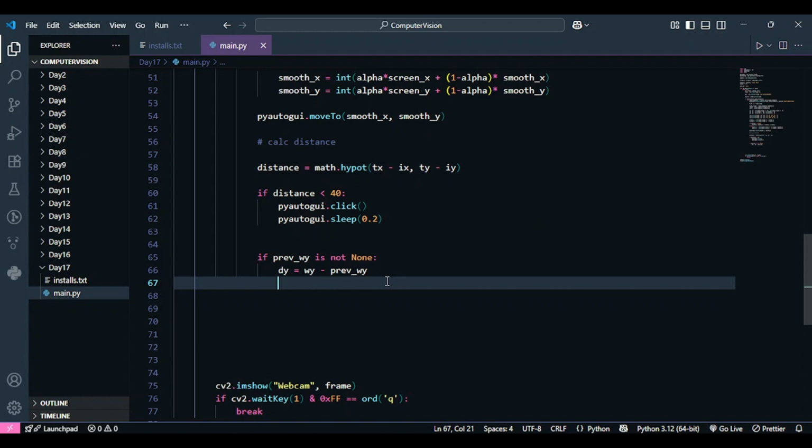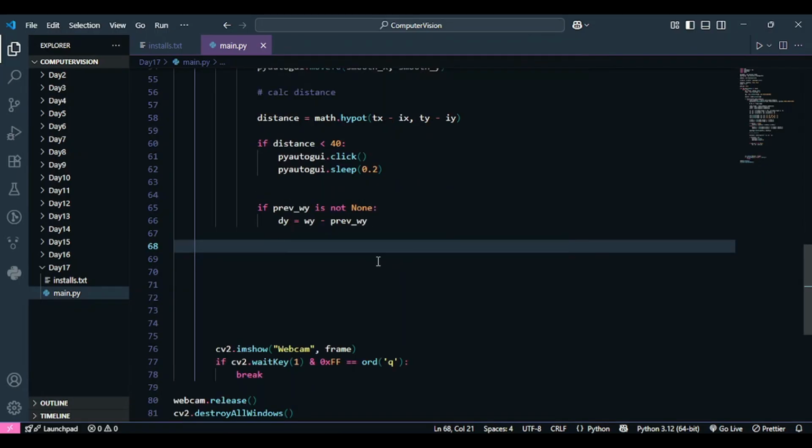So what I can do is I can tell my program that if the distance, this difference, is very small, then you don't have to scroll up or down. But if this difference is greater than some threshold value, any value, only then you can proceed, only then you can scroll. So this is exactly what I'm going to do.